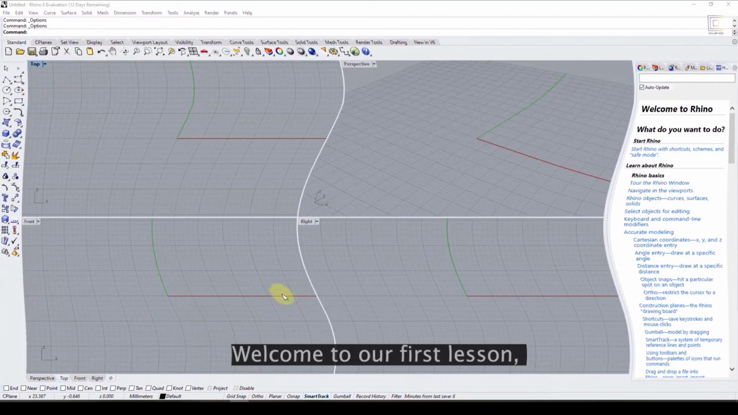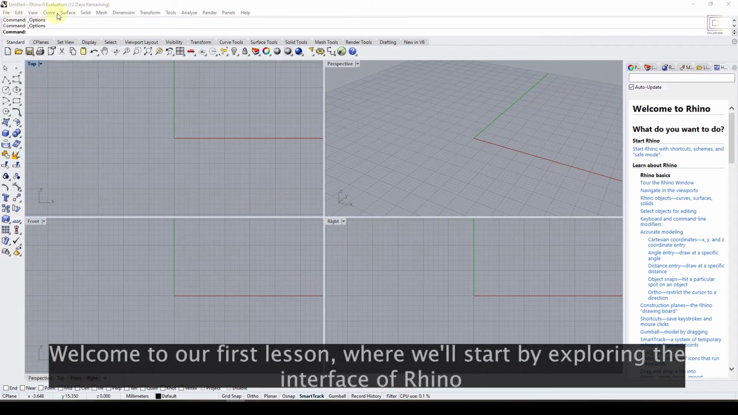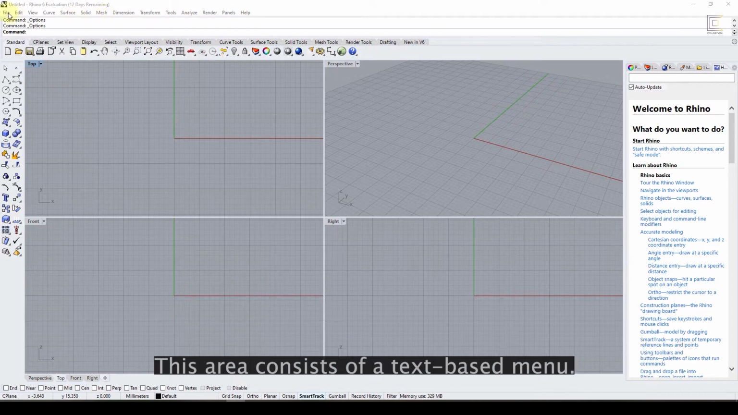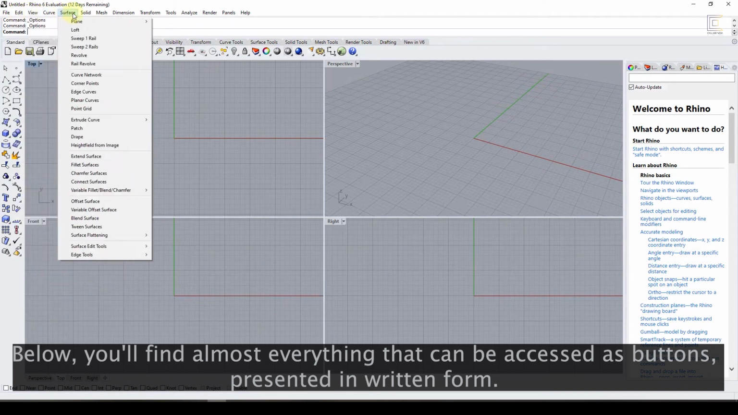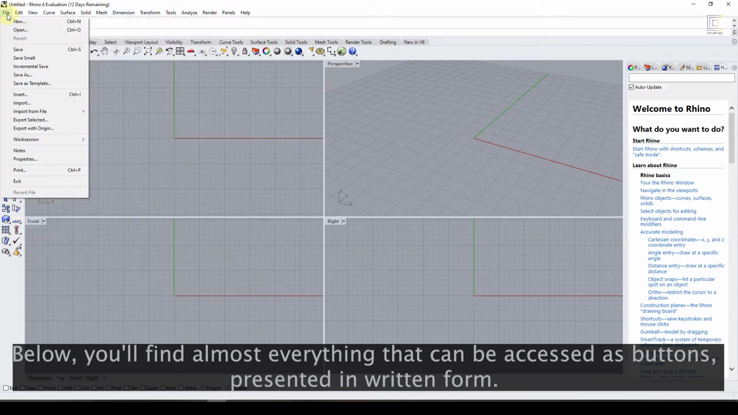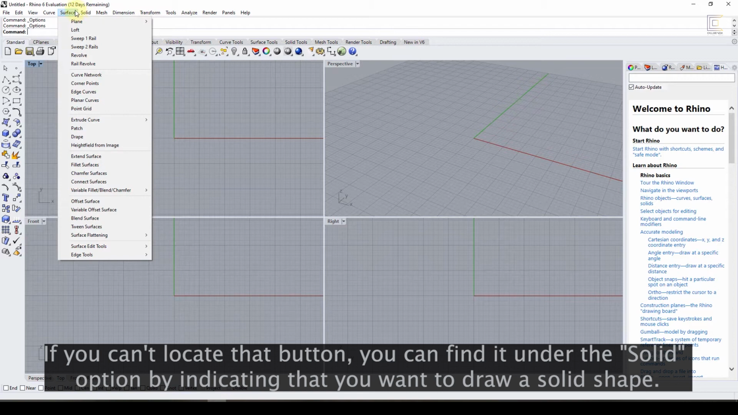Welcome to our first lesson, where we'll start by exploring the interface of Rhino. When you first open the program, you'll find the main menu bar at the top. This area consists of a text-based menu. Below, you'll find almost everything that can be accessed as buttons, presented in written form. For example, to draw a box, you need to use a button located below. If you can't locate that button, you can find it under the Solid option by indicating that you want to